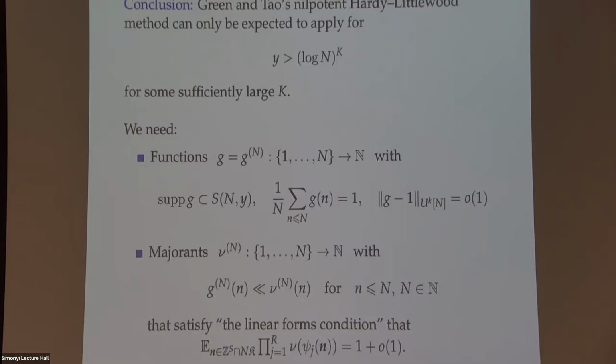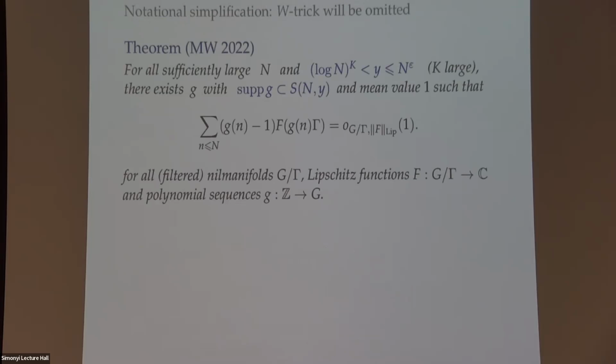And for this first part, we obtain the following result. What is written on the slide is not completely correct because I will omit this W trick all the way through. So the statement is not quite correct as written, but it will make the notation significantly easier. So we will show that for any sufficiently large n,